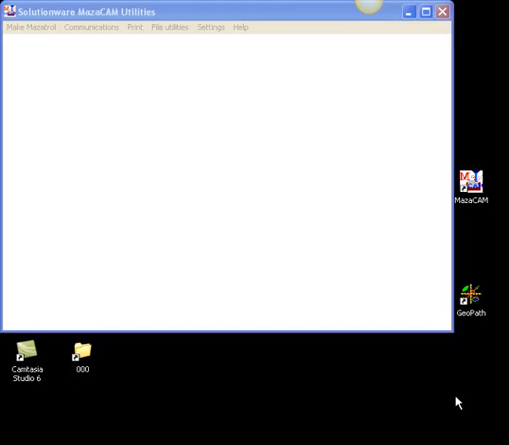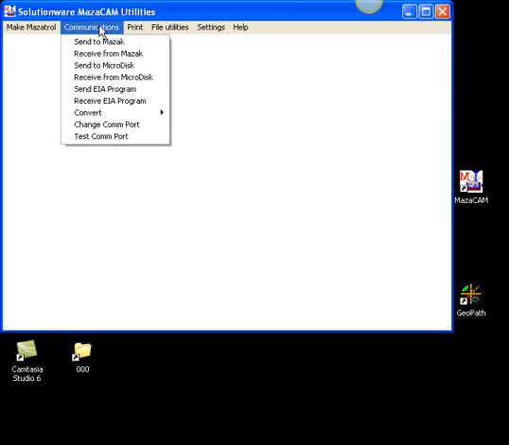This is a demonstration on MasterCAM Editor and Utilities. MasterCAM Editor and Utilities consists of several things, one of which is communications. What that means is that we can take a Maxtrol program and send it or receive it from any Mazak machine in Maxtrol language. We can also do the same thing with a microdisk,